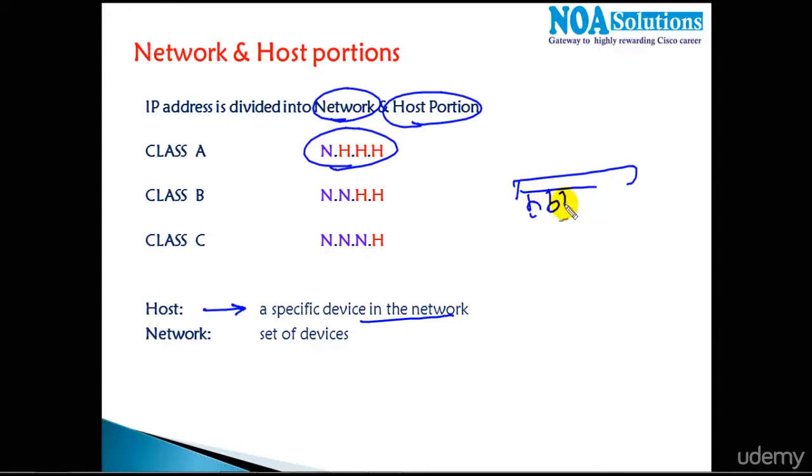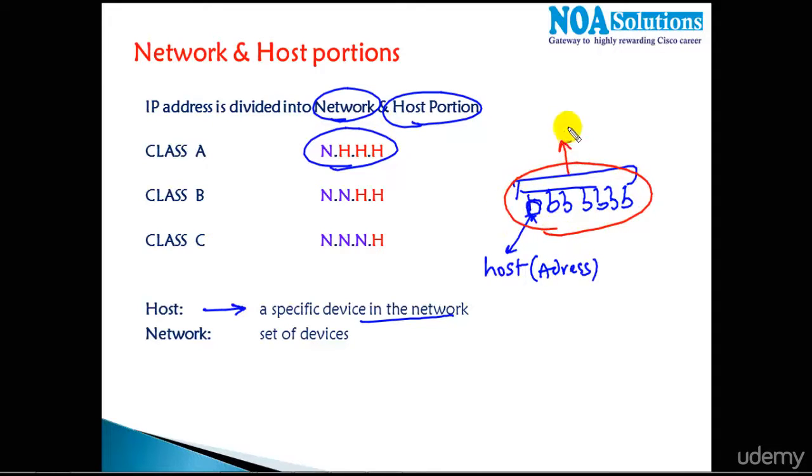Let's take an example. I have a set of devices connected in the LAN, and each and every device in the network, whether it's a computer, a router, or any other device, will be identified as a host. We call one single device a host, and whatever address we assign to that device, we call it the host address. And then a network address actually identifies a network. A set or group of devices makes up a network, and the portion which represents a network identifies the complete network but not a single device,